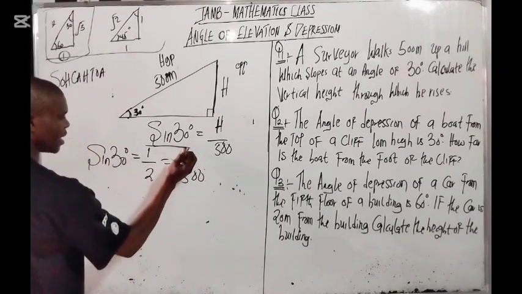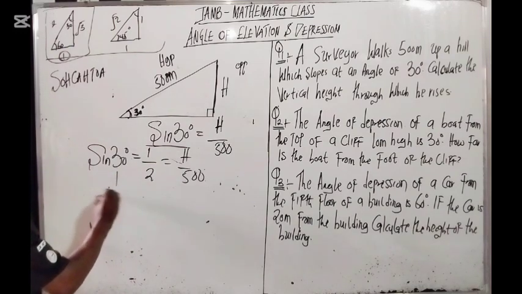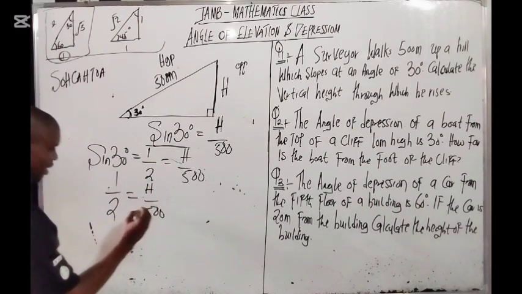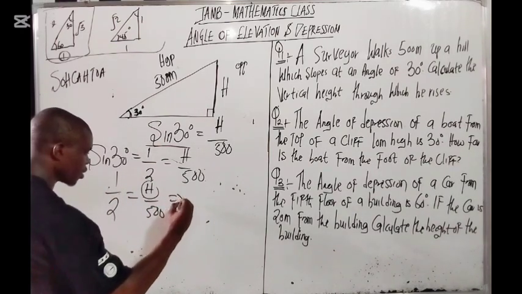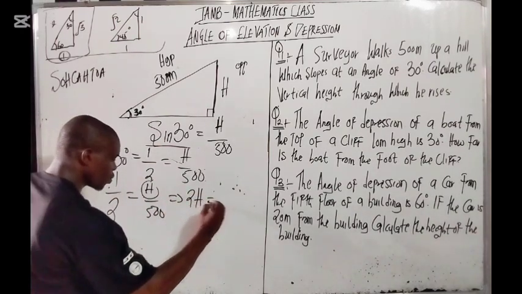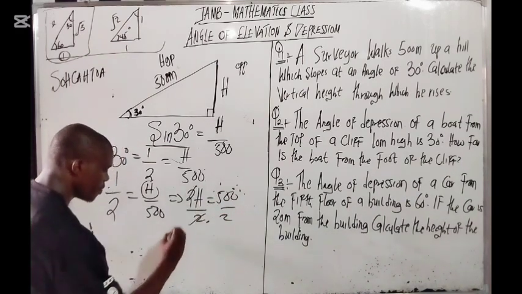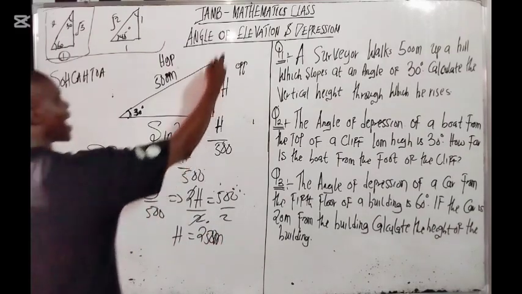So let us equate this together here. Here we have 1 over 2 equals h over 500. So let me make h the subject of the formula. If you do that, what are you going to get? 2h equals 500. Divide both sides by 2. My h equals 250 meters. So the vertical height of the